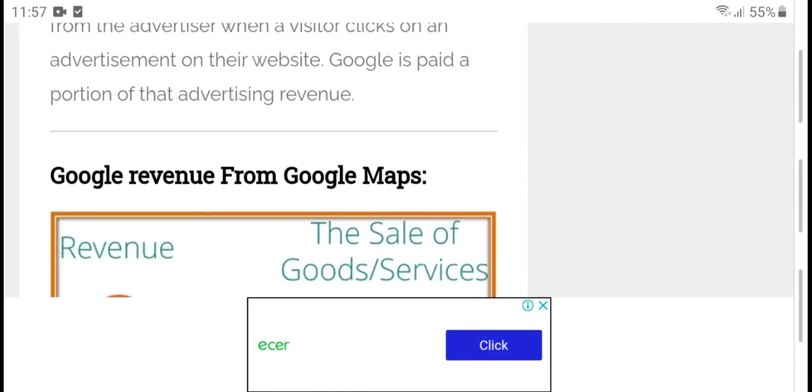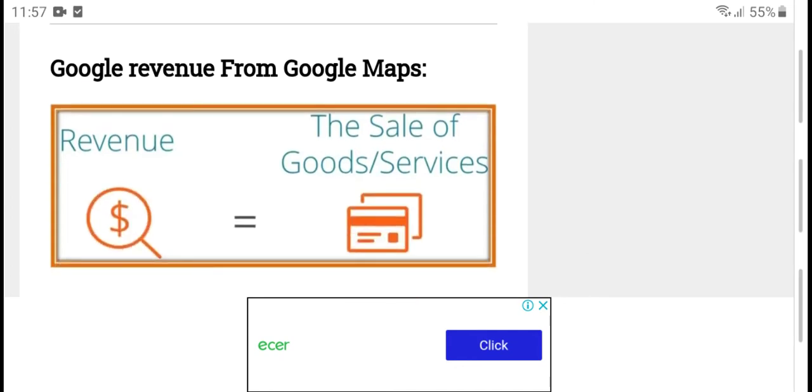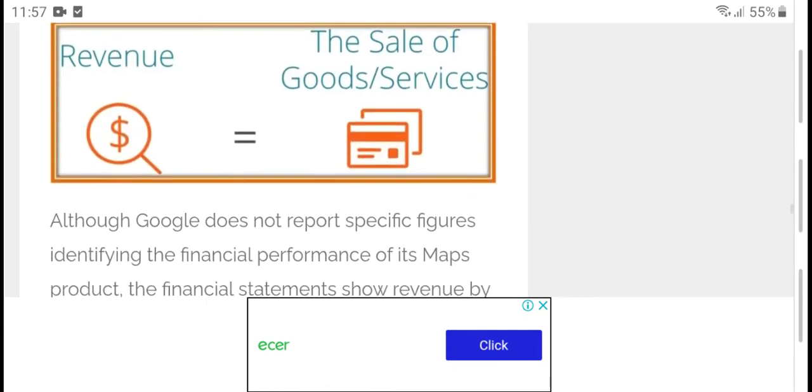Google revenue for Maps. Revenue is the sales of goods and services.